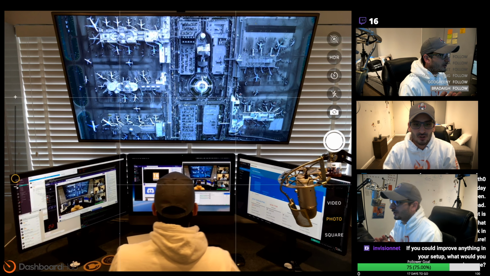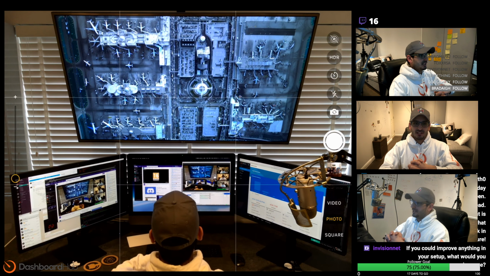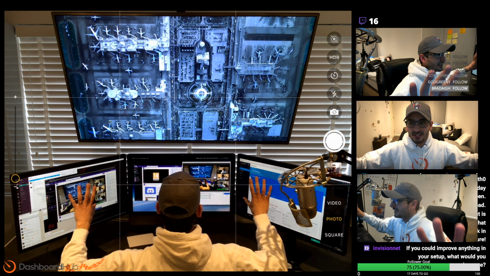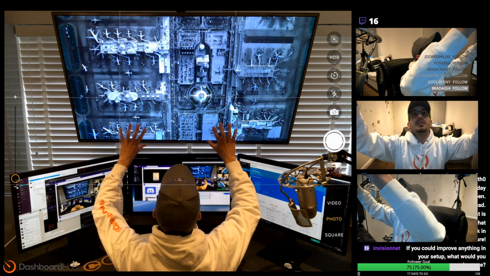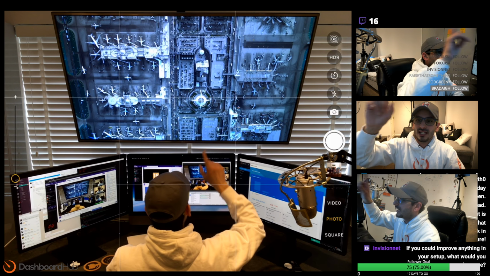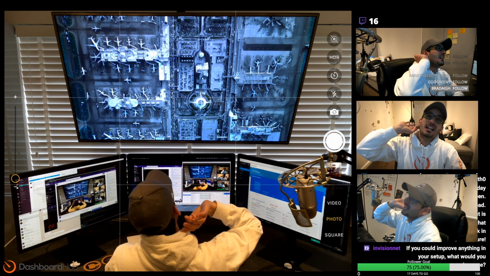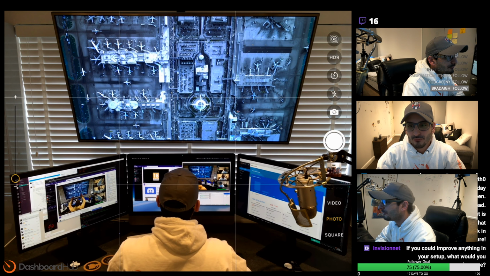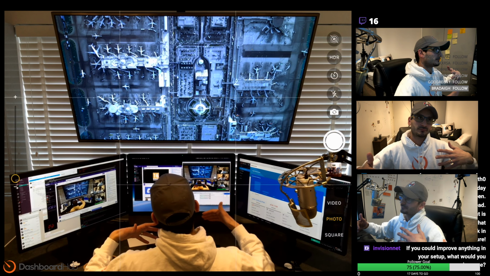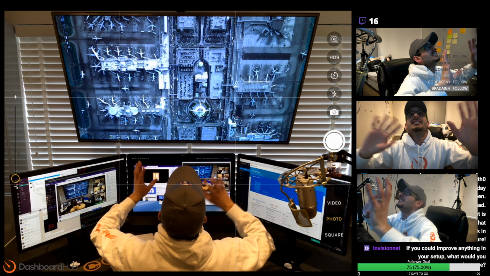In terms of InvisionNet asking the question about how else I would improve my setup. Love the screens, these three down here. This one's probably a bit too close. So in hindsight, I wouldn't have that screen so close. It needs to be a meter back. Really, really does. I probably couldn't do that where my desk is. But at the time I thought it'd be good. So yeah,